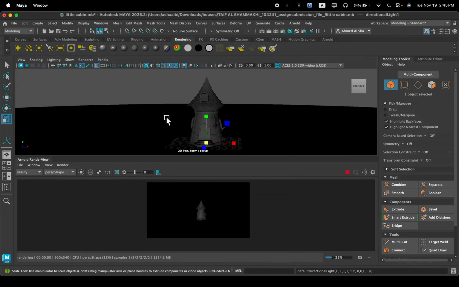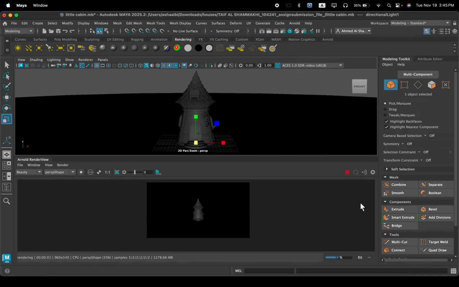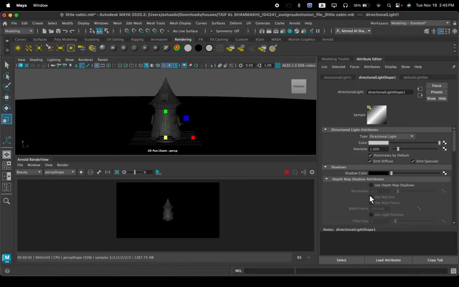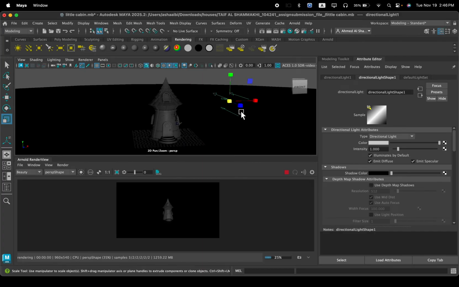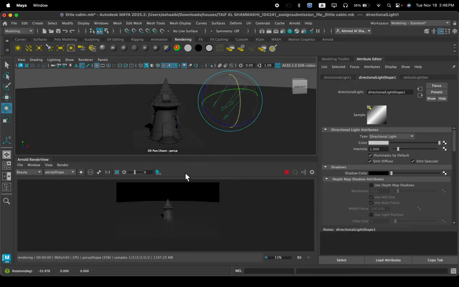Directional light. Click on directional light right here, and right off the bat, we get a directional light. If we go to the attribute editor, we will see our directional light settings. First, I'm just gonna move it up here so we can see it better. It doesn't matter where you have your directional light, it's all gonna be from the same direction. Right here our directional light is lighting up this way. So if I click E to rotate it, I can move it around and rotate it like this